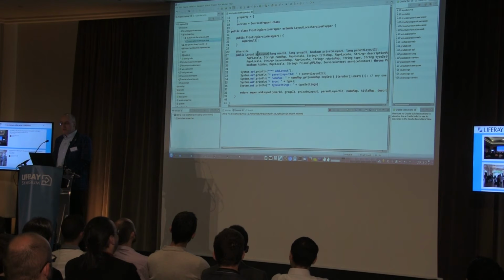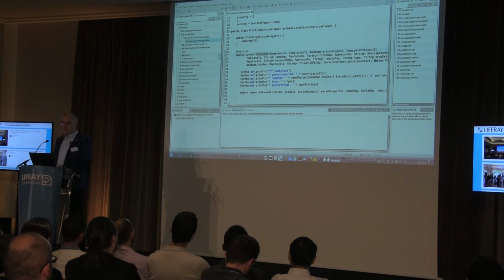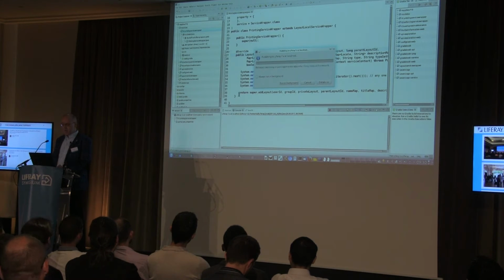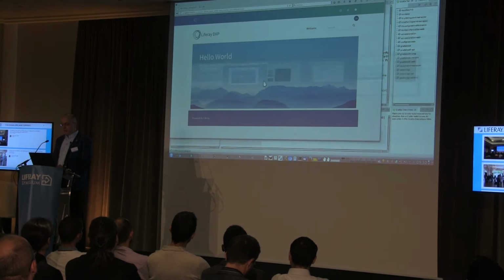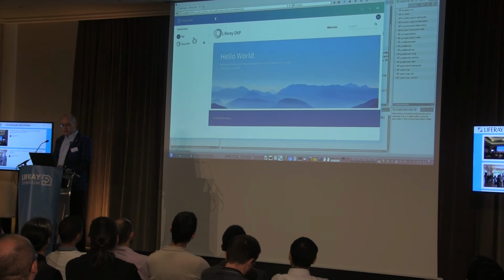So what did I do? I provided a service wrapper, which you can find on Blade. It is intercepting all of the calls, and I just said, I'll assume it's probably this call, so add layout, and I have my printing service wrapper. I'm deploying this, which is publishing, and whenever I'm now going in and I create a new page,